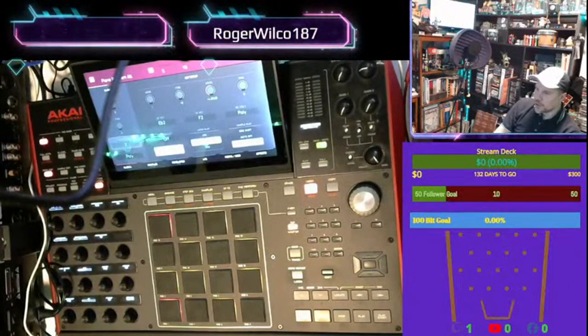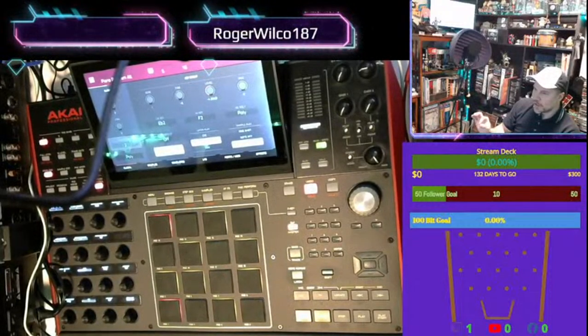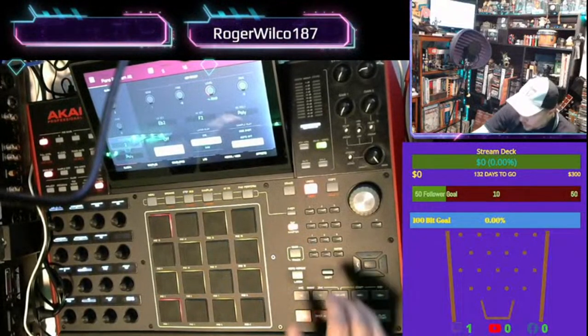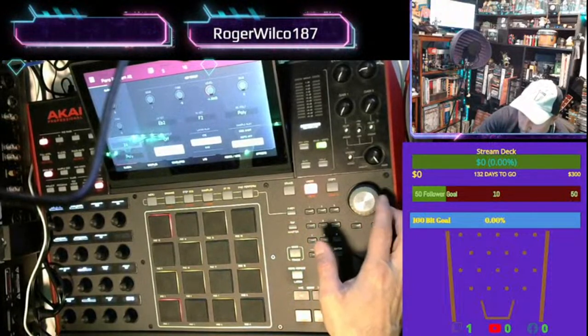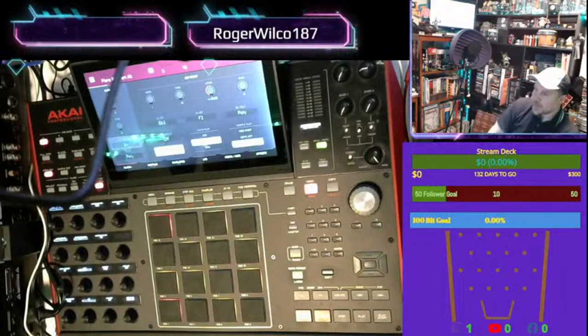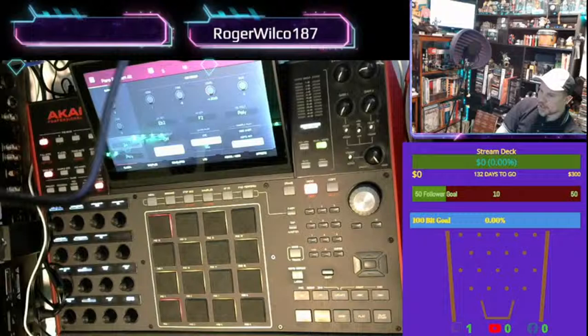So you could transpose your entire key group program by entire octaves, transpose 24, it would still be a C note on pad A01, but rather than a C minus 2, it would be